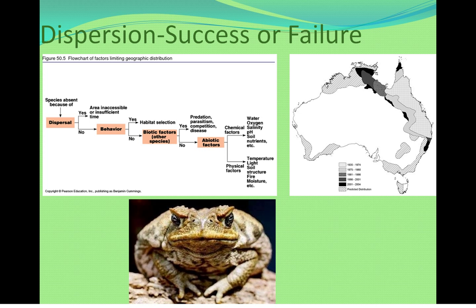And so, without any predators, it's been basically free to eat whatever it wants. They have a voracious appetite. You can see cane toads eating different animals that are its size. It's actually quite funny to watch some videos of cane toads swallowing things that are quite big relative to its own size. And so this is an example of an invasive species that very quickly dispersed throughout Australia